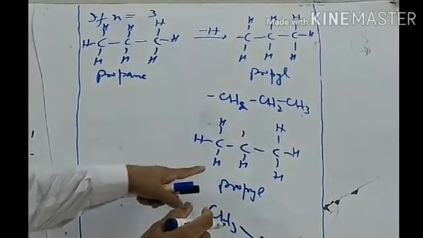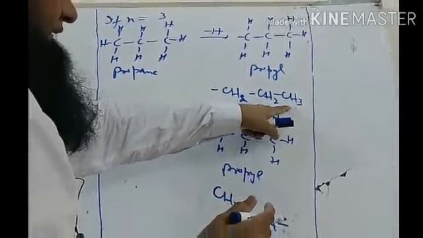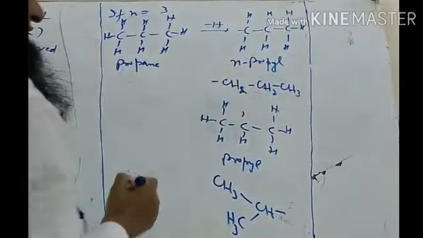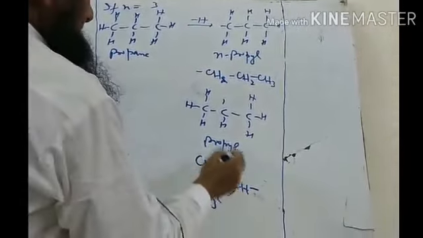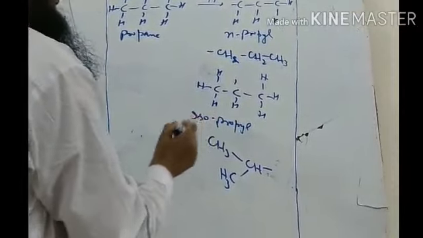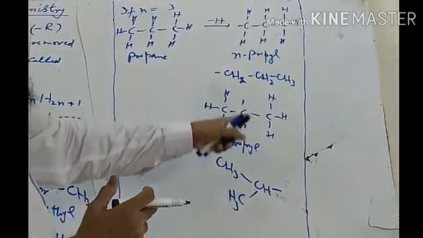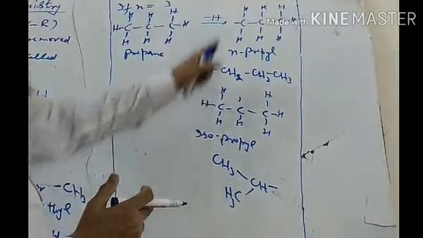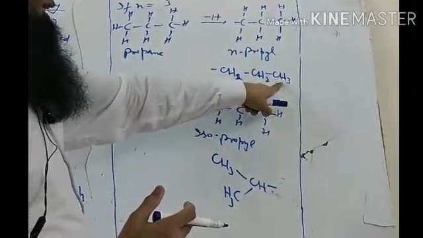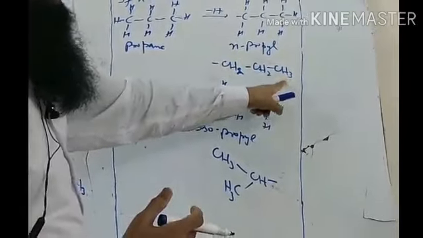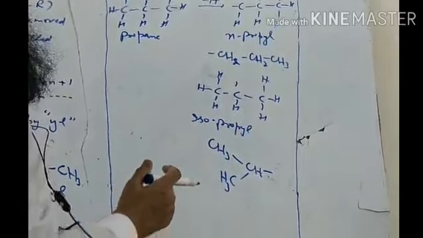So how do we correlate this propyl with this one? We can say that if we have one methyl at the end, this is known as n-propyl. And if we have two methyls at the end, with this as the starting point, this is known as iso. This is the main difference. So now you are not free to remove any one hydrogen. If you remove the second one, it is called iso. If you remove the first one, it is called normal. For ease, if there is one methyl at the end, this is the starting point, and at the end two methyls, it is called iso.